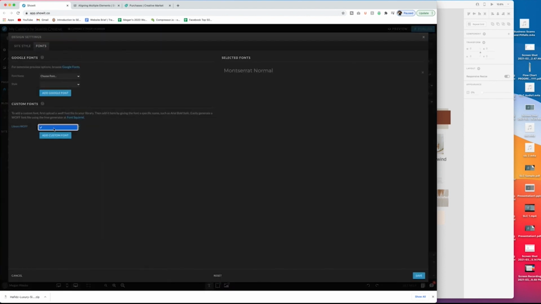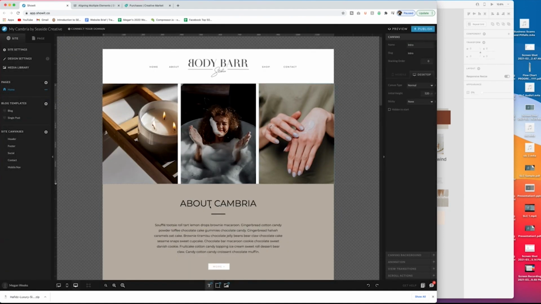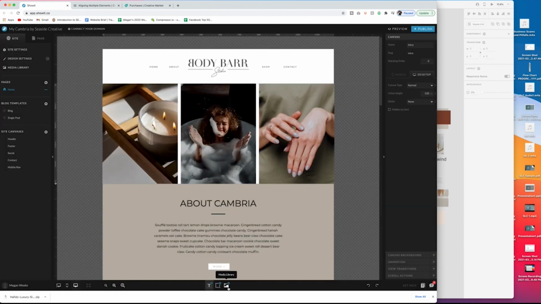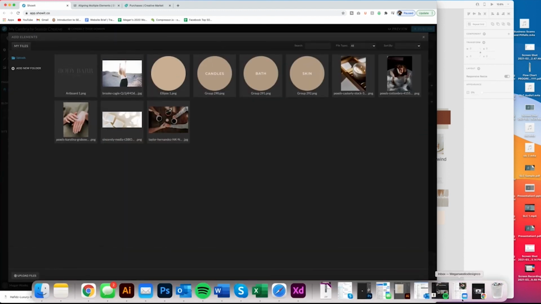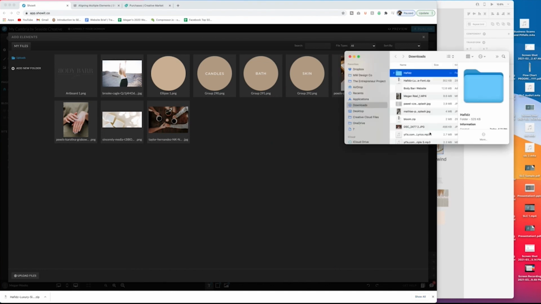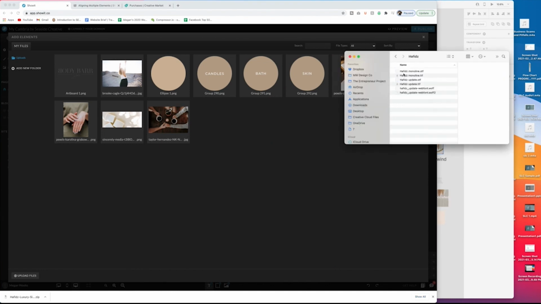But so I ended up uploading the font. You basically have to go to the media library. So just like you were uploading an image, which you'll see me do right here, you can just upload the font into the photo area. So right down there on the bottom bar is where you upload your font file, and then,